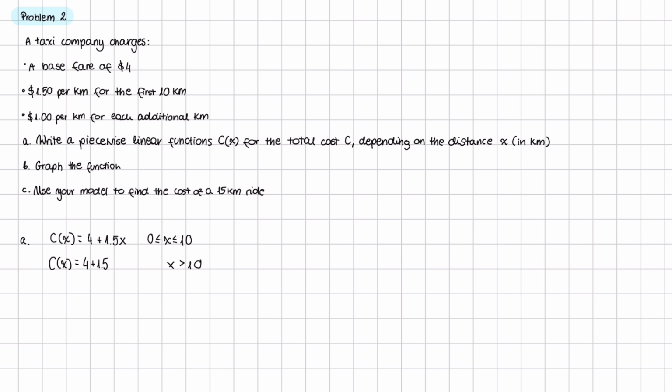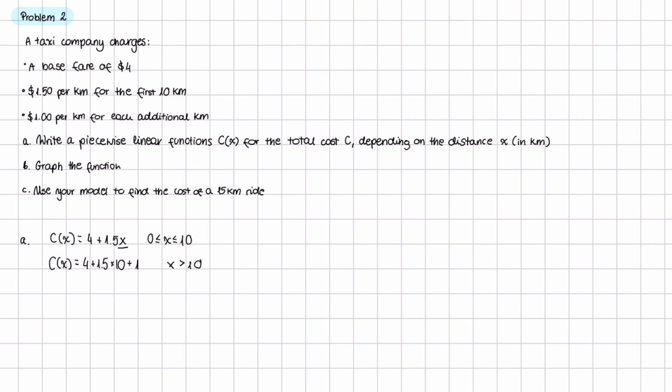And if we have more than 10 kilometers, of course, we traveled this 10 kilometers. So we have 10. We substitute it like in here, but we also need to include $1 per additional kilometer over 10 kilometers. So plus